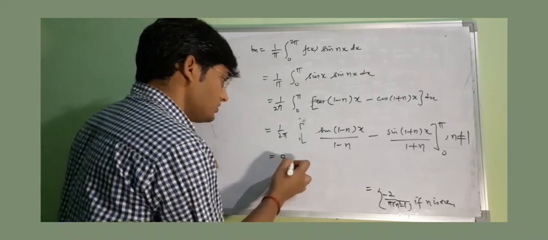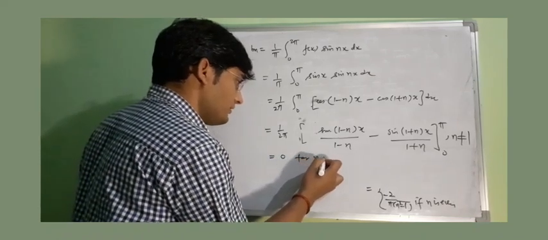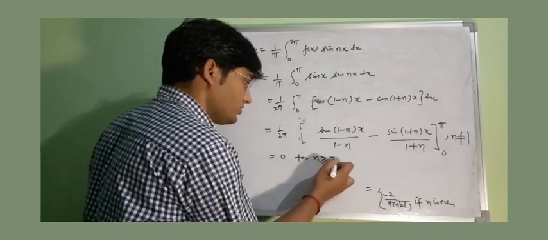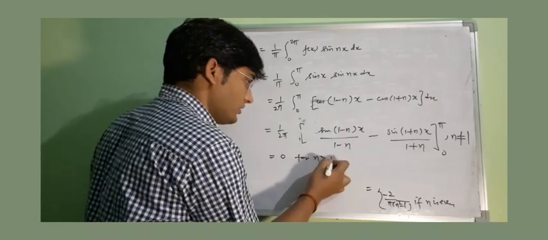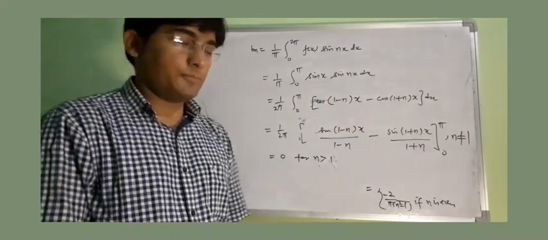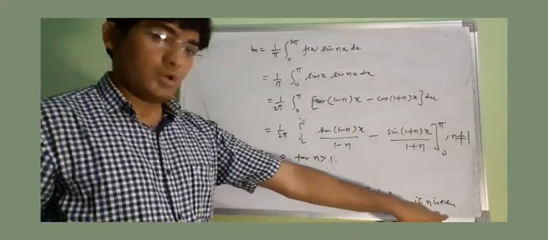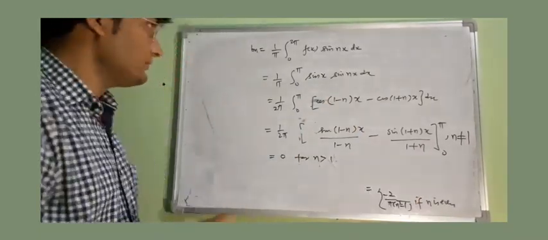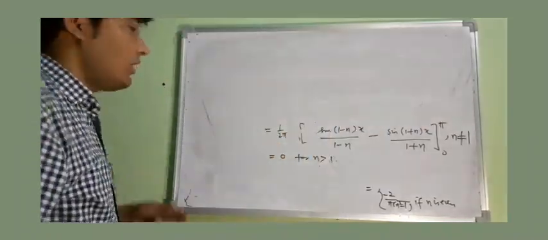So whole your Bn is 0 for n greater than or equal to 2. Or you can say that for n greater than 1. So now we will have to compute our A1 and B1, because for both our n was not equal to 1. So let us compute A1. Now A1 will be,